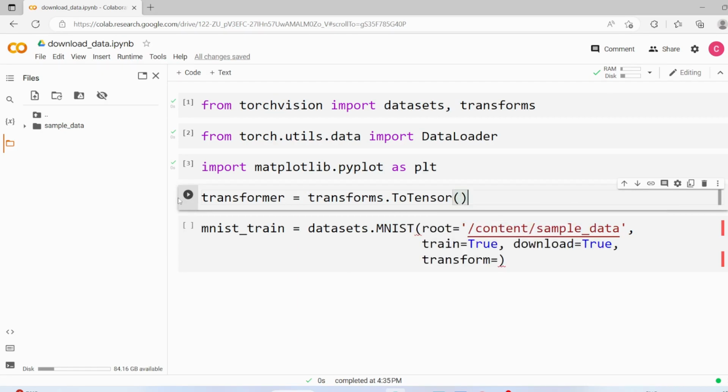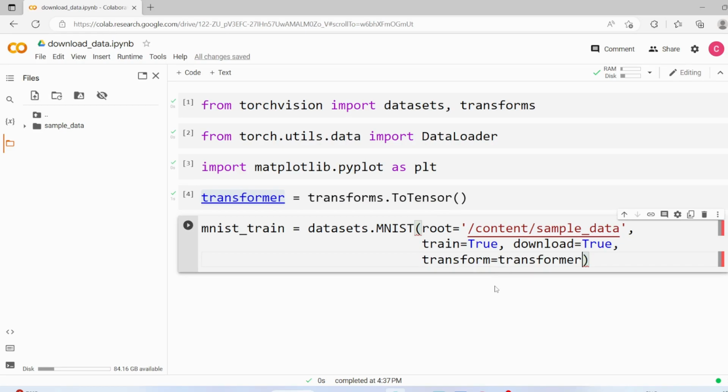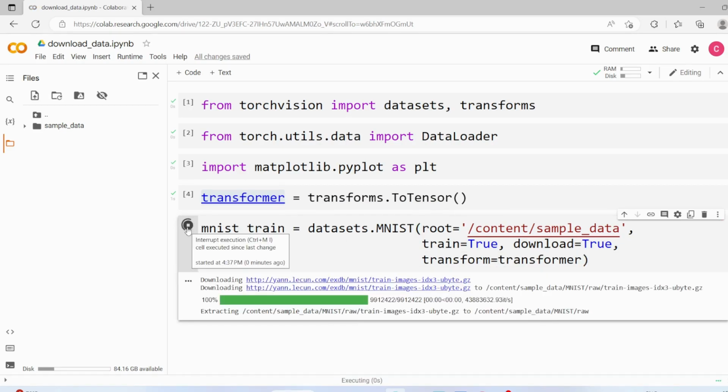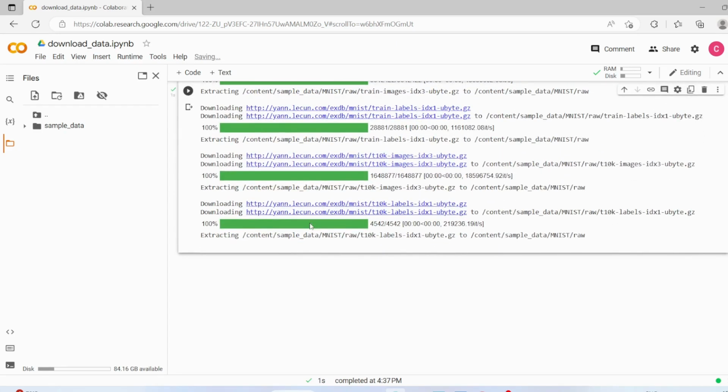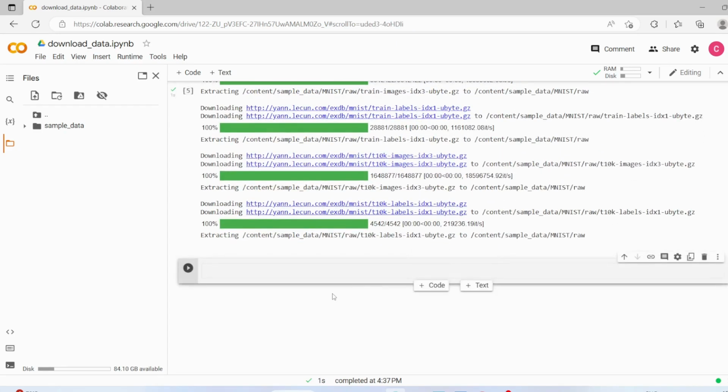Just copy it and put it here. Let's execute this code, and it should download this dataset. Download has been completed.